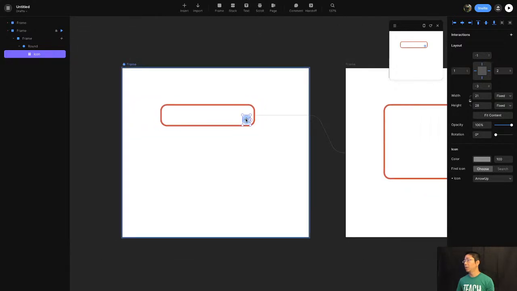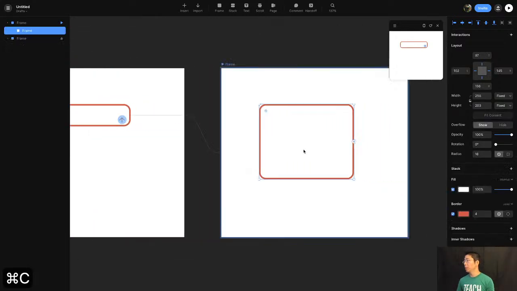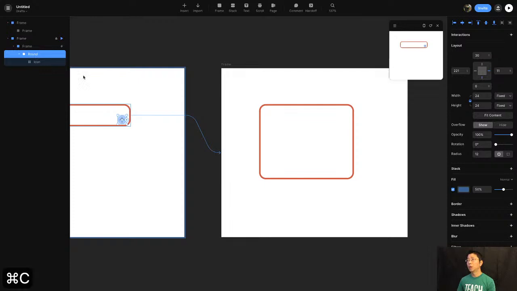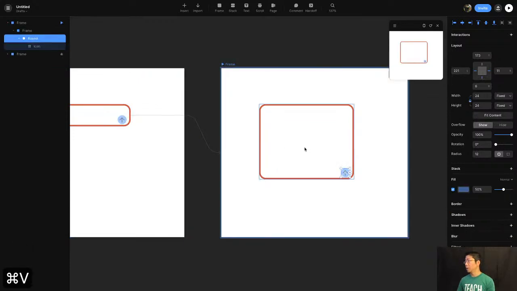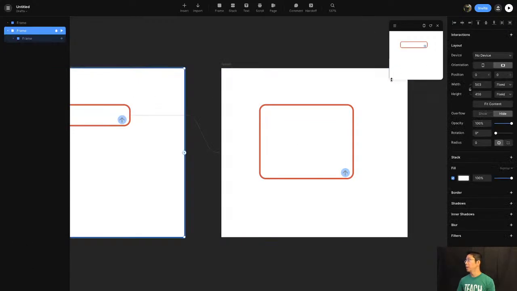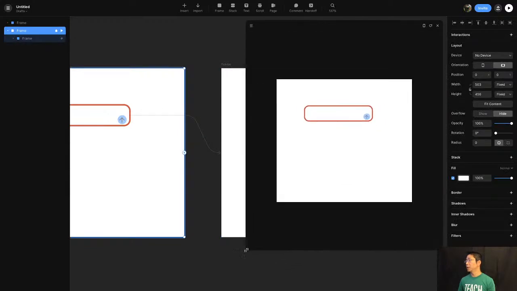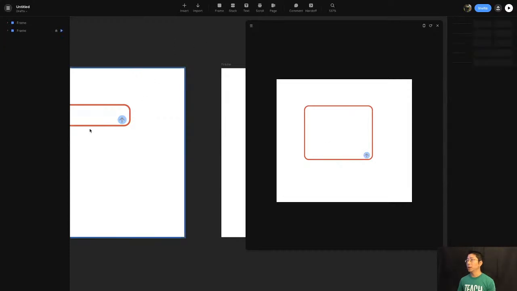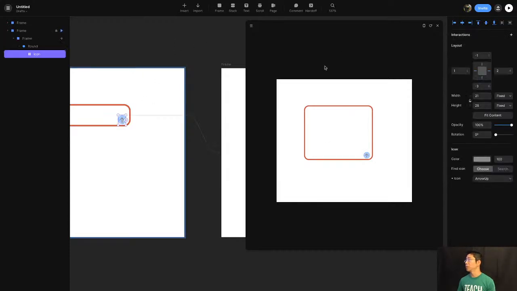And now we can make a copy and put it over there. Oops. Copy this round, put it into the after frame, and then you'll be able to see in the preview as well. It actually sticks to the bottom of the screen